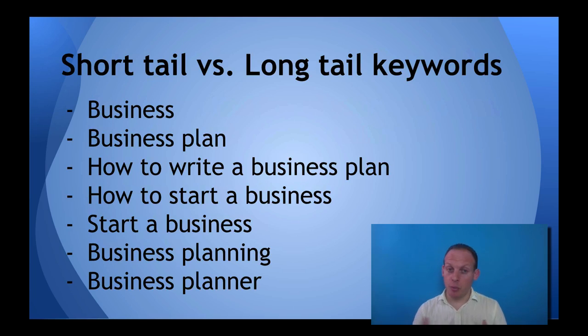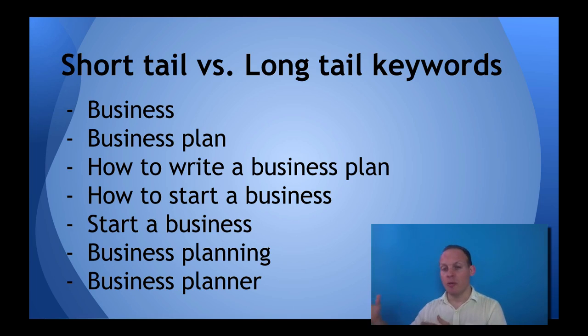Now let me explain the difference between short and long tail keywords. I'll show you the difference later, but here I'll just explain it. The short tail just means it's words like business or business plan, short keywords that are also usually competitive and difficult to rank for, but there's a lot of search for it. Because there's a lot of search for it, a lot of people try to target keywords that are longer. Longer tail keywords might be something like how to write a business plan, or even longer, how to write a business plan for a restaurant, right? So those are the differences between the long and short.